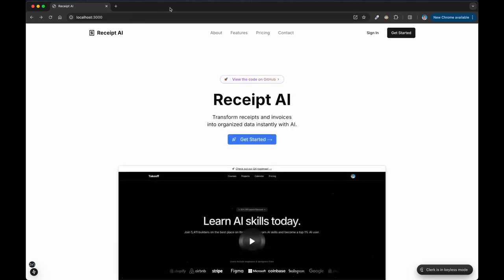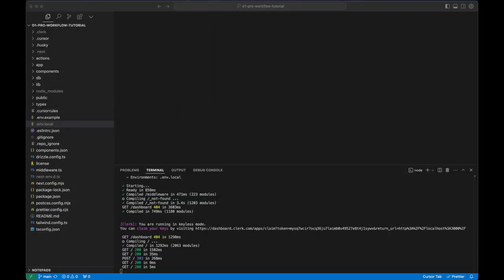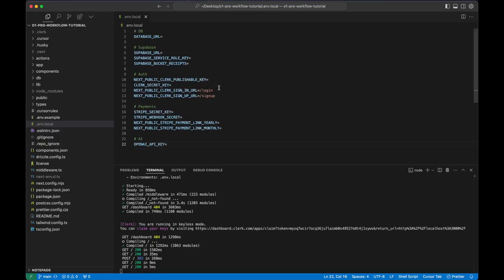Okay, so what is going to happen here is this is where the workflow that we're going to be using is going to kind of build our app to get this receipt AI app all built out. So we obviously do need to go through and get these environment variables and sign up for each one of these services. So I'm going to walk you through all of that, but that should pretty much be all you need to do here. So I'm going to go ahead and end this section, and we'll actually start signing up